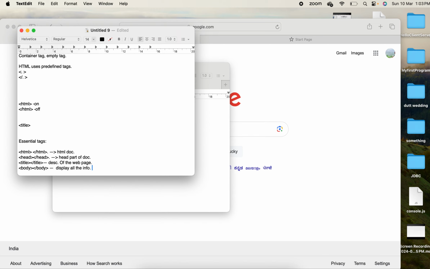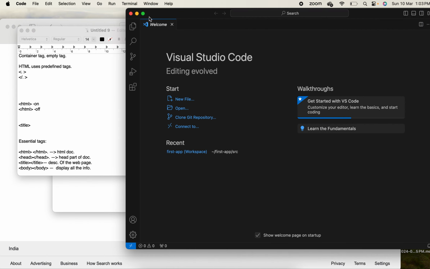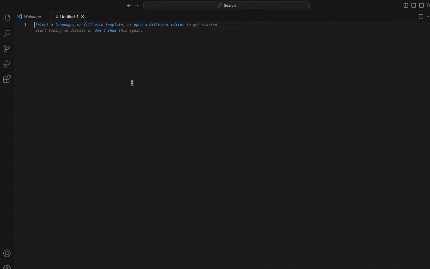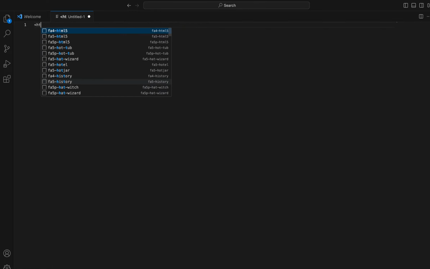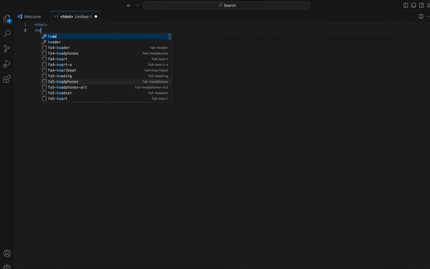Alright, so we'll be just doing one sample web page right now and see how it works. You can either use a text editor, Notepad, Notepad++, or Visual Studio. Let me use Visual Studio. Go to file, new text file, and as I said, any document should start with an HTML tag. So I'm opening an HTML tag, and then giving a head,